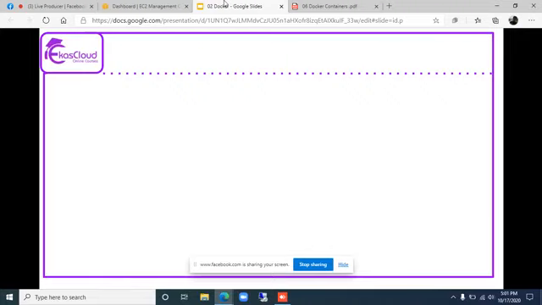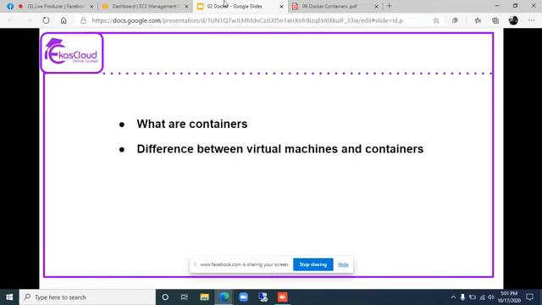In this webinar, I'll be explaining what Docker is, the difference between virtual machines and containers, what containers are, and we'll have a demo on deploying containers.